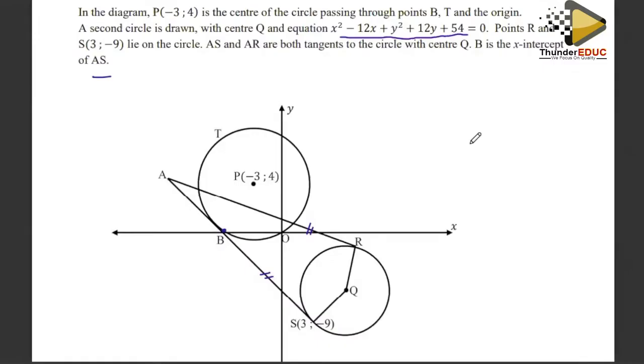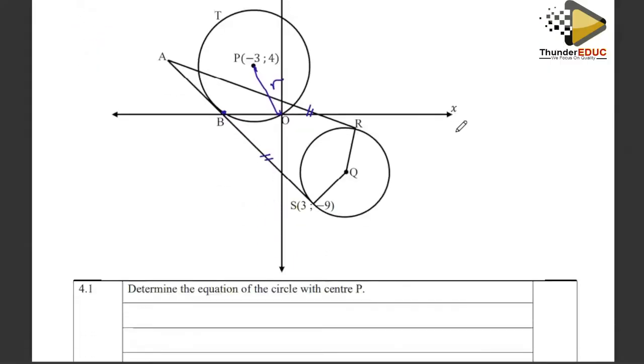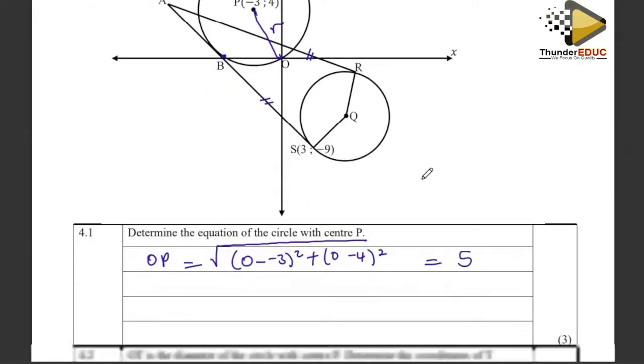What do we know about P? They told us this circle is passing through the origin, meaning that the distance between P and O is our radius. So OP is going to be the square root of (0 minus 3) squared plus (0 minus 4) squared. This gives us 5. Okay, so if that is the radius,